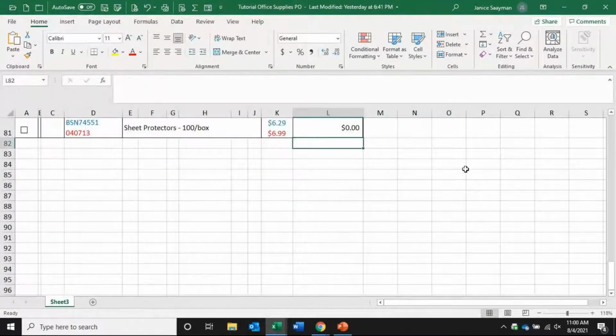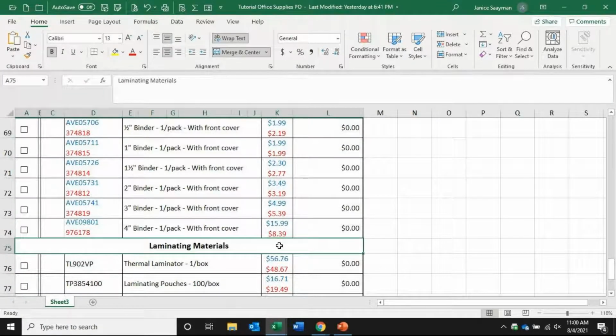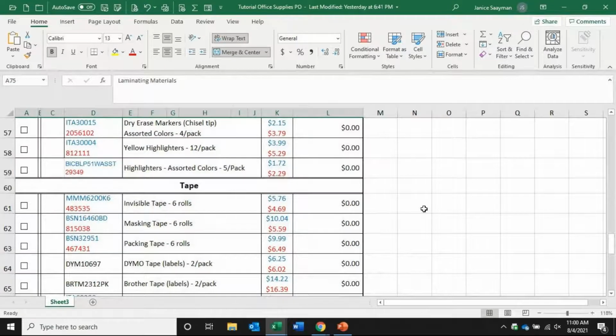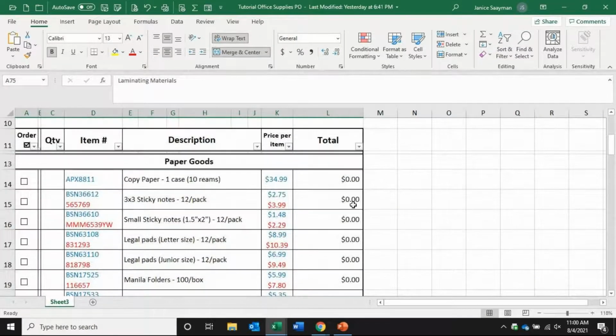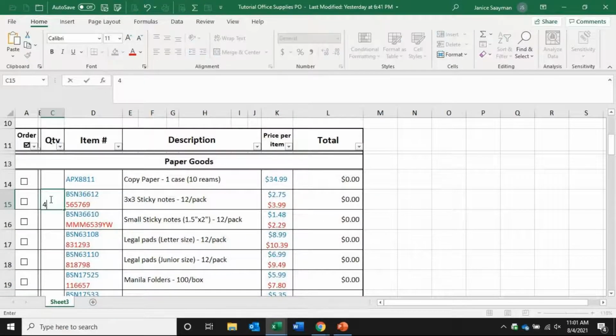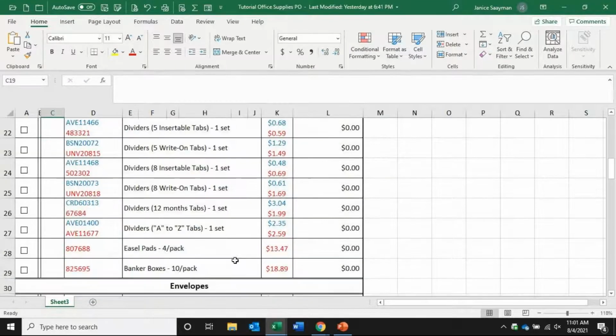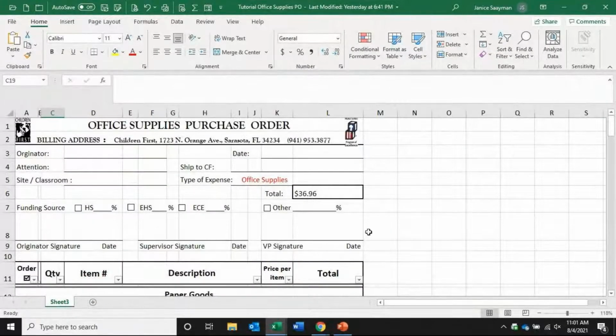Because I put in these merge headings, it stopped me from doing that. So in my total columns, I had to click in every single one of those cells to make sure that if I changed, let's see, four,